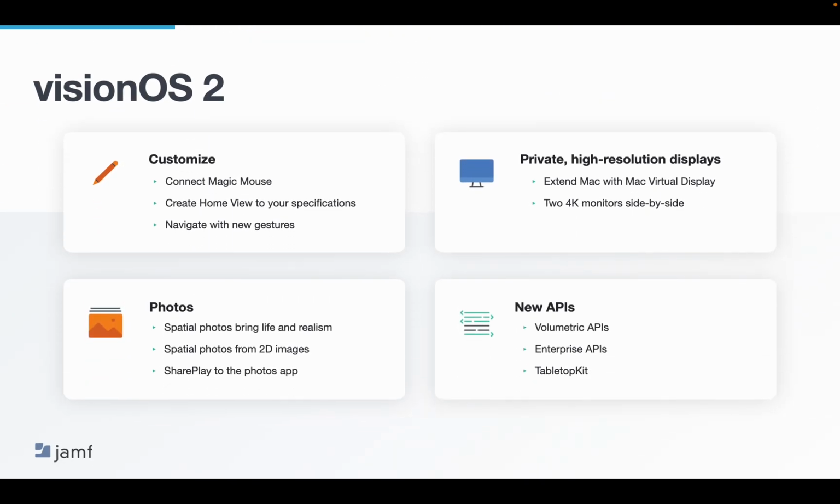Let's now move on to some platform updates, starting with Apple Vision Pro. You can customize how you use Apple Vision Pro, including connecting your Magic Mouse or other third-party Bluetooth mouse. You can customize the home view to your specifications, and you can navigate with new hand gestures. With Mac Virtual Display,